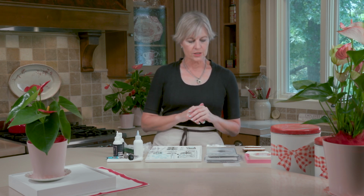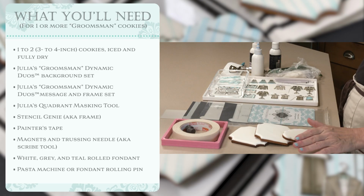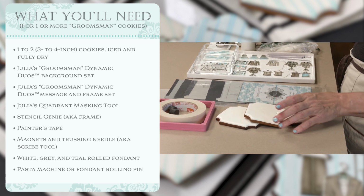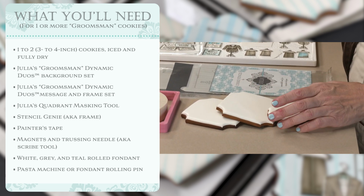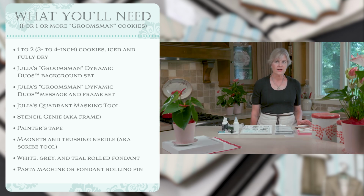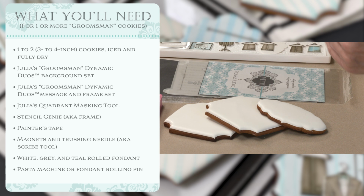We're going to move right into talking about what you'll need for this project. So here's what you need. At least 1 cookie. I'm hoping you'll want to do more when you get into the project. So set aside 3 or 4 iced cookies. I like to use white because it provides nice contrast with the black and blue that we're going to be using on this cookie,